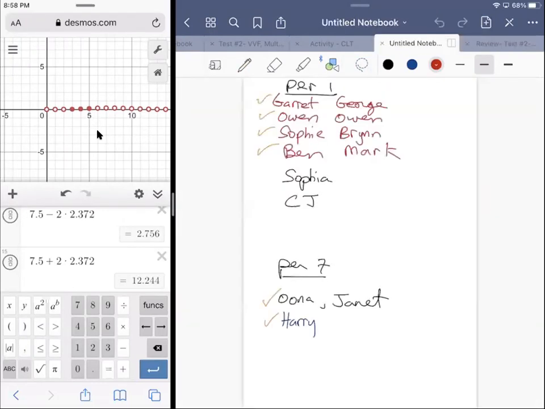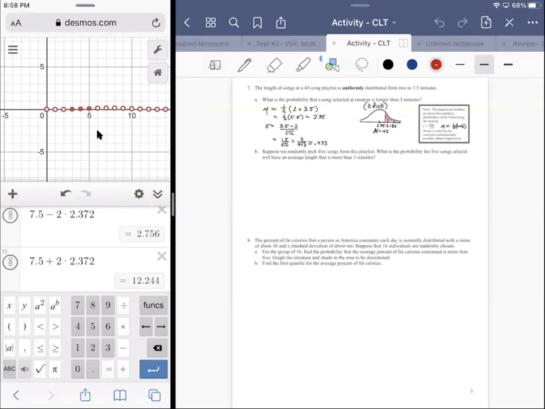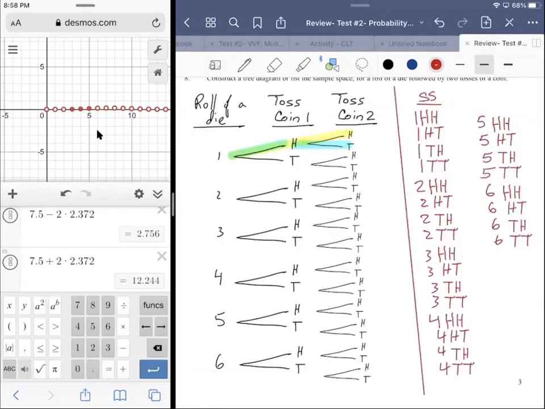Oh, what did I just do? Wrong class. You just hopped on me. All right, there we go. In case you're wondering, I have students with names in other classes. So anyway, yeah,